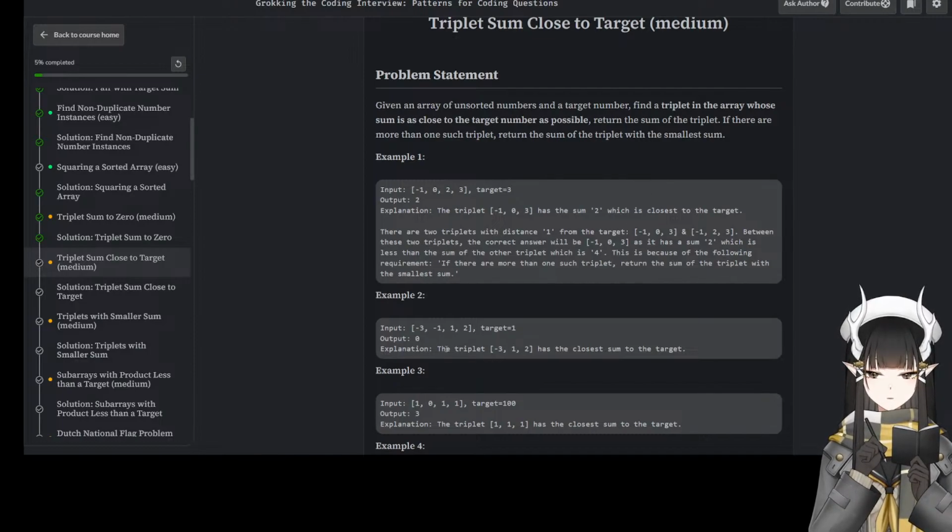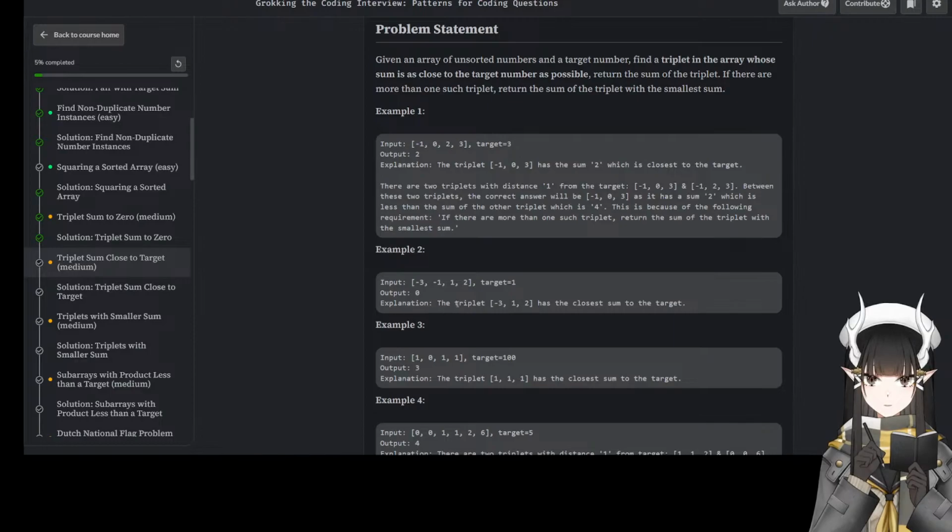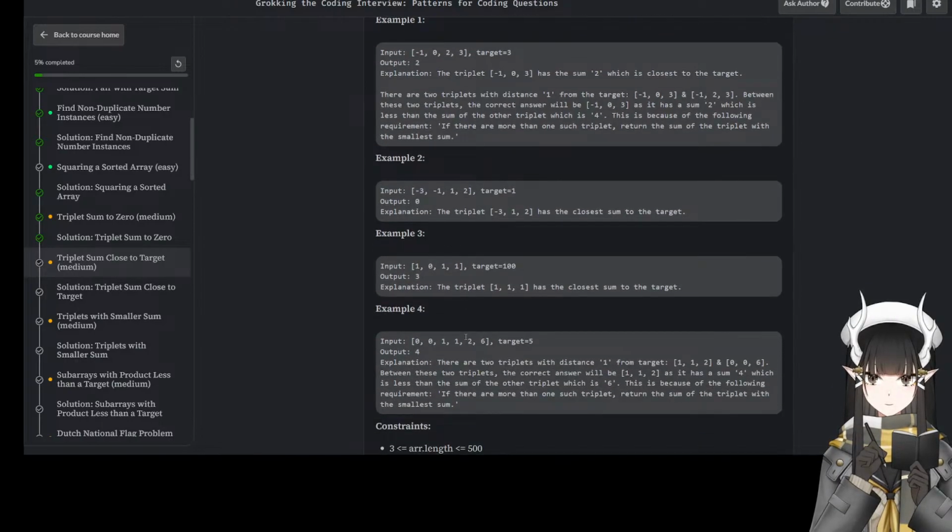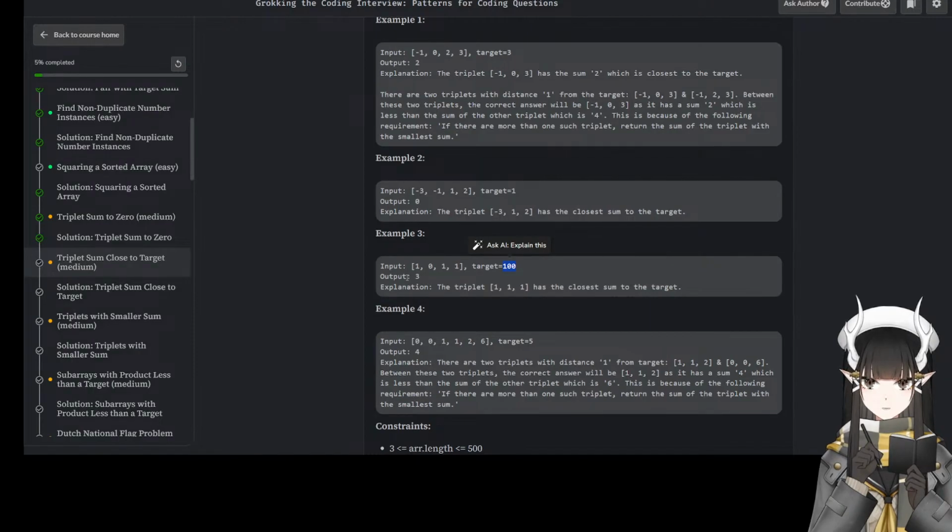Example: this target is 1, output is 0. This has the closest to the target. Target 100, output 3, 1, 1, 1 is closest.